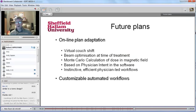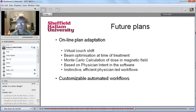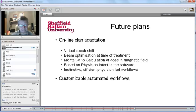So, where are we going to in the future? Well, I think the question I'd like to set for the rest of this session is: is this the future? Are we moving towards MR-guided Linacs? Clearly, it's not going to be a solution to everything. There are issues. But is this something...